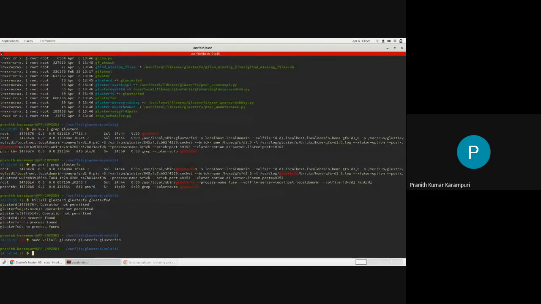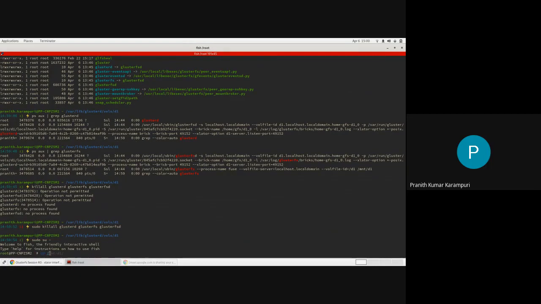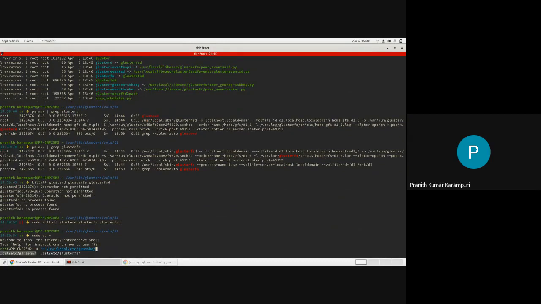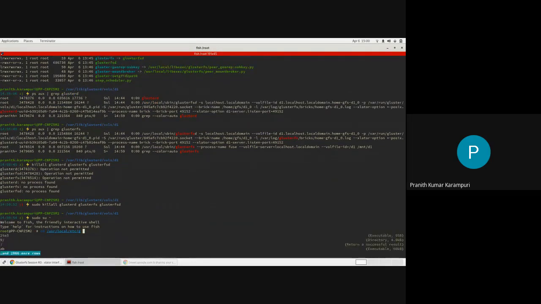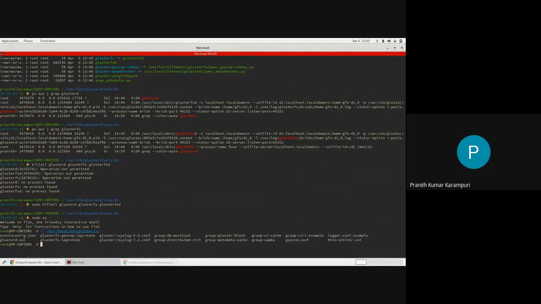Now, because we know what these vol files are, we can actually launch these processes without glusterd. If you go to /etc/glusterfs, there should be a vol file somewhere here.